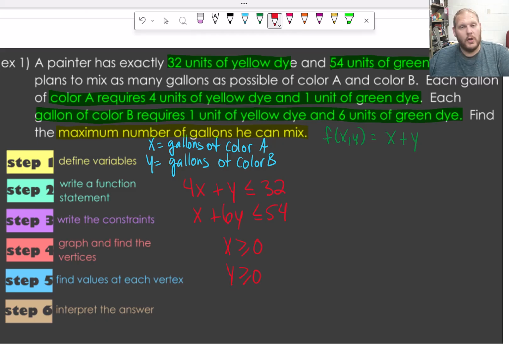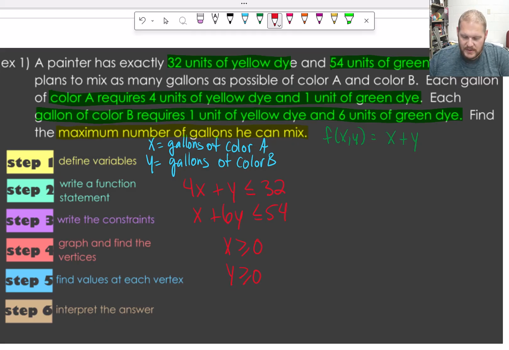Now, when we go through and try to find our different vertices, you can do that by graphing. You can do that just algebraically if you want to, because really we're just trying to figure out where these top 2 graphs intersect each other. So you could go through and find the intersection either algebraically or using your graphing